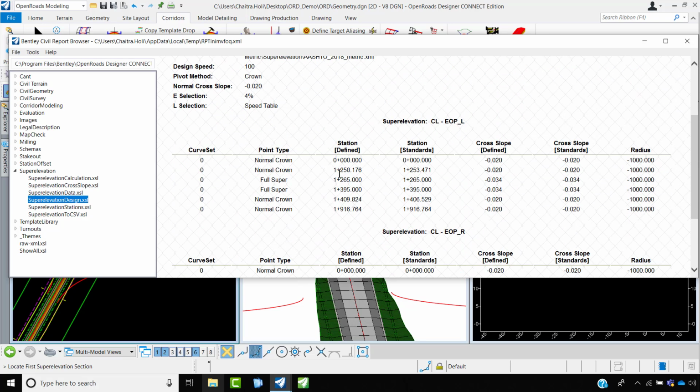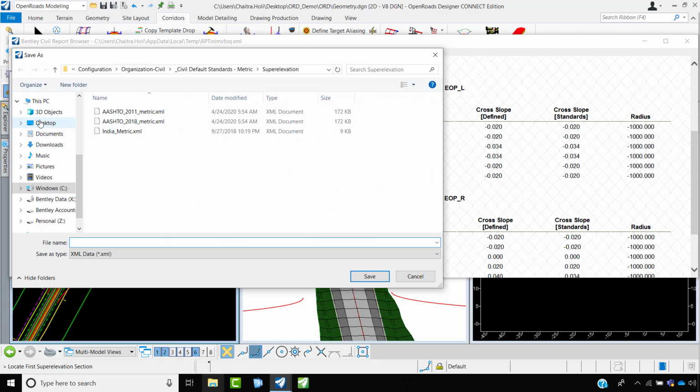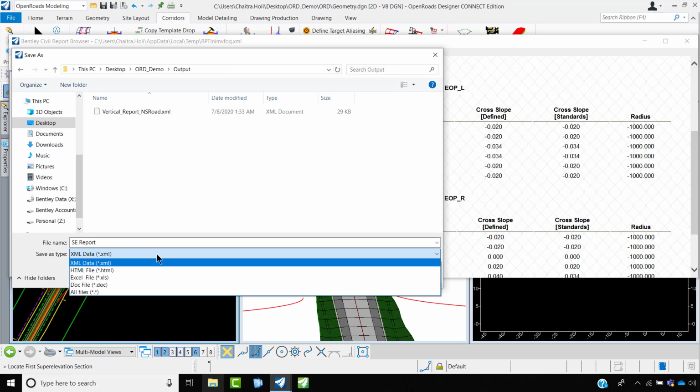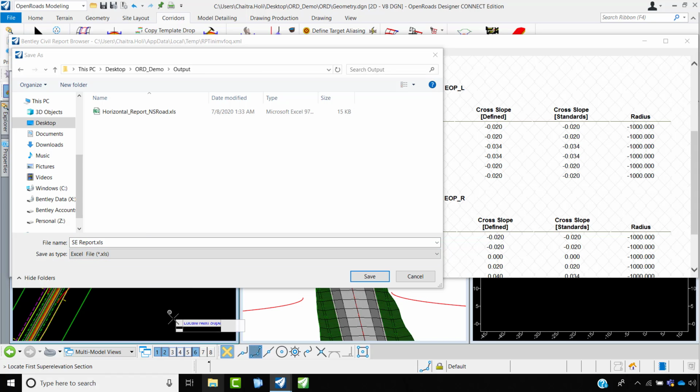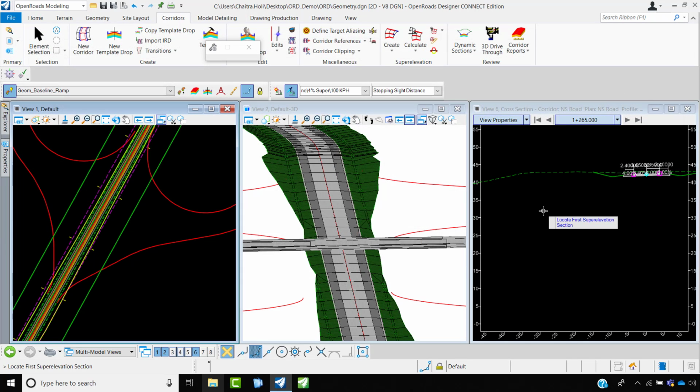So I'll just go ahead and save this super elevation report. Okay, once you're done with this,